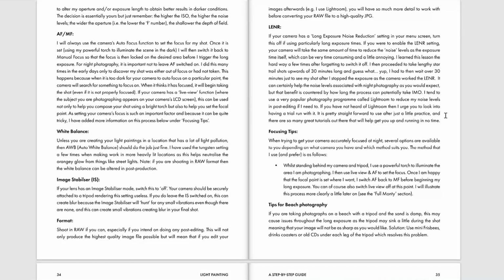LENR, long exposure noise reduction. Now, this little setting in my camera caught me out a few times in the early days when I was running really long exposures. I didn't realize this setting in my camera was actually automatically switched on. And I found out the hard way one night after I think it was a 30 or 40 minute long star trail, long exposure. And after I ended the exposure, my camera's light went red on the back of the screen. And guess what? I had to wait another 40 minutes just to see the image preview flash up in the back of my camera,